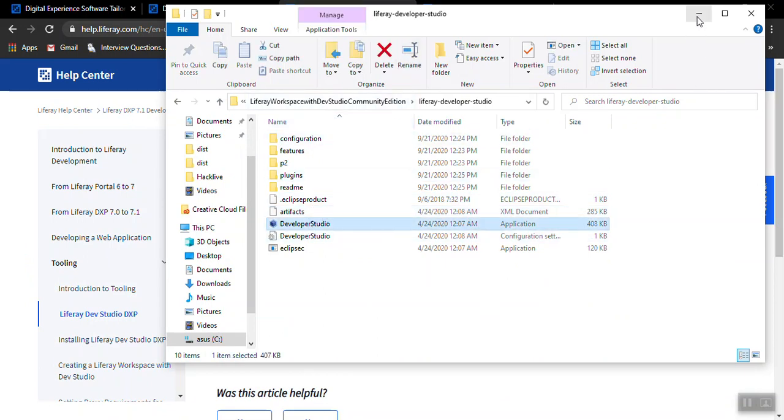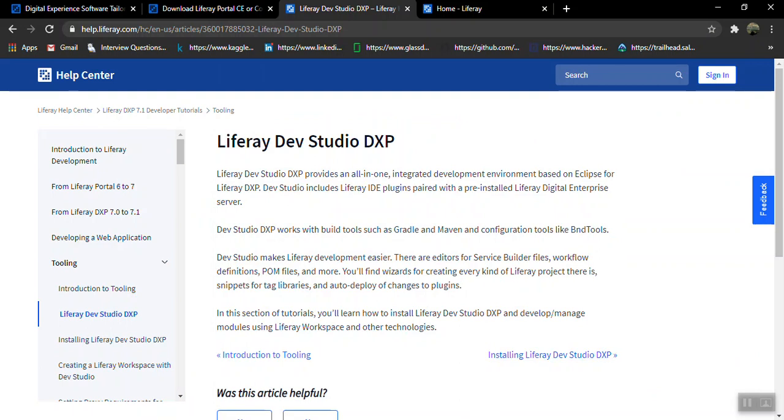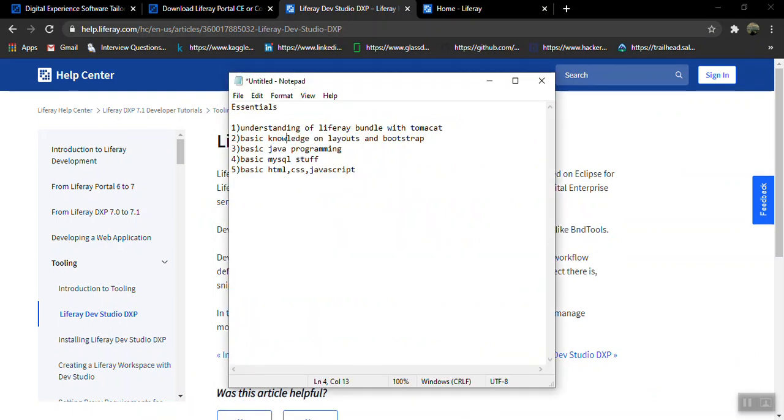Now we'll see what the requirements are to be a Liferay developer. We need to first understand the Liferay bundle, how Liferay works with the Tomcat server. We need some knowledge of layouts, because Liferay is fully based on web development content, so we need to understand the layout and Bootstrap, how that functioning is going on.